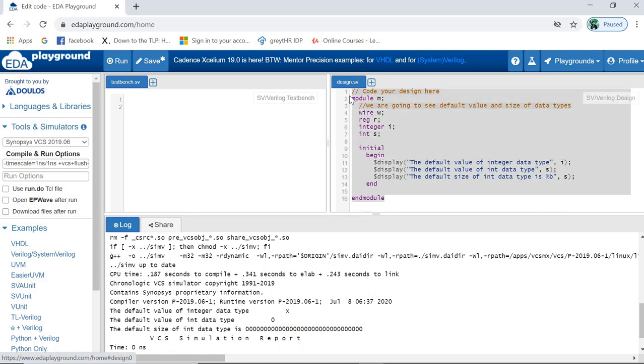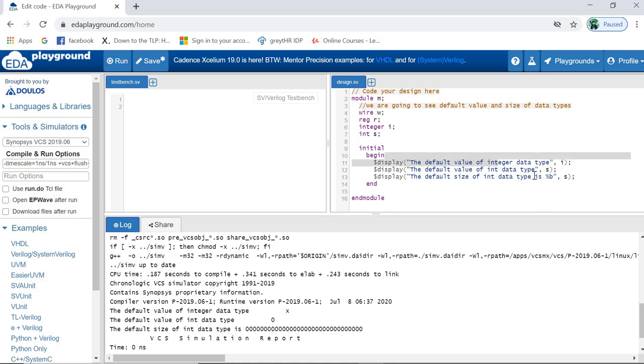So you can write a task, or take a note of everything. Whatever we are going to discuss, the types and everything, will be in the further, upcoming videos. But I would like to suggest you check for wire, check for reg, even the default size of integer. I haven't displayed it here. I can do that also, but I don't want to. Please try to write some codes based on AND gates, and later we can move on to adders, subtractors, combinational or sequential circuits.